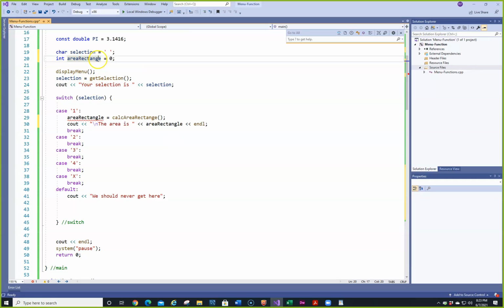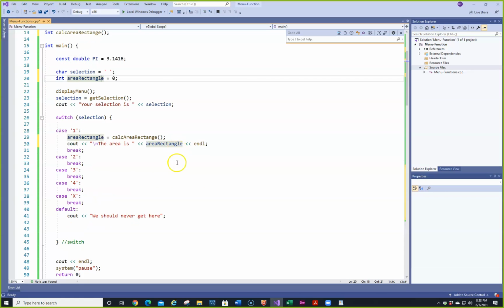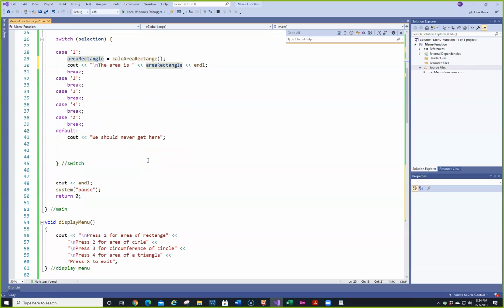I'm not a good speller. You can see that. So let's run and see if we can calculate the area of a rectangle. At the bottom, how do they know whether they're inputting a value for the height or the length? Well,